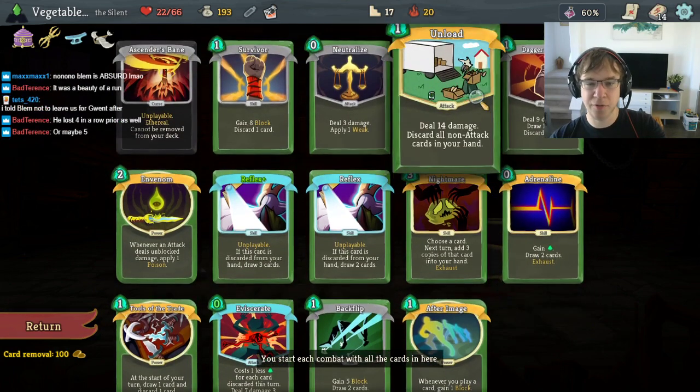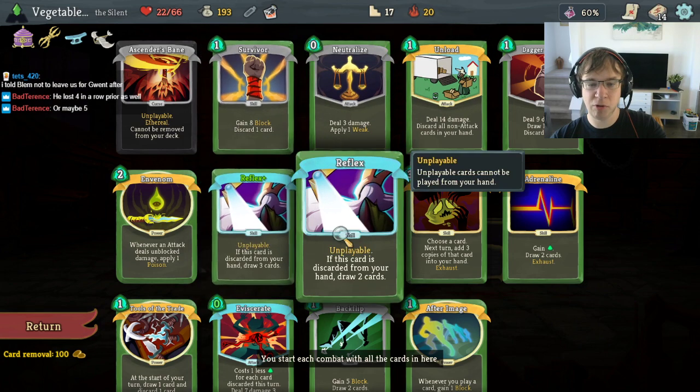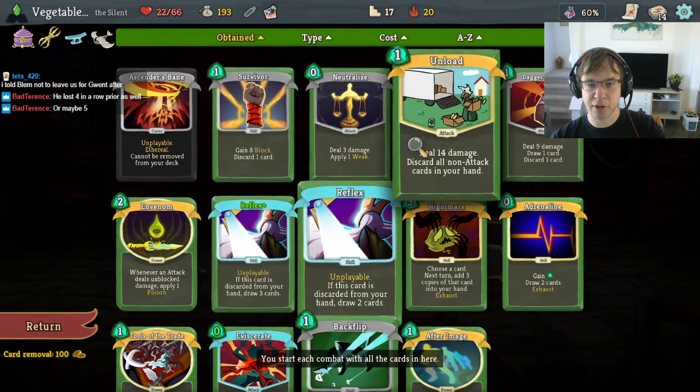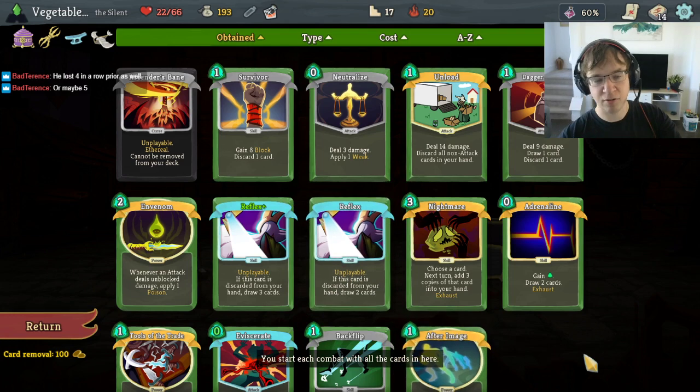So, okay, when we play Unload, it currently discards 1, 2, 3, 4 permanent cards, and then it draws 5 cards. So it draws everything, including the Unload back. So we can currently play Infinite Unload. But I guess if we add a Tactician,